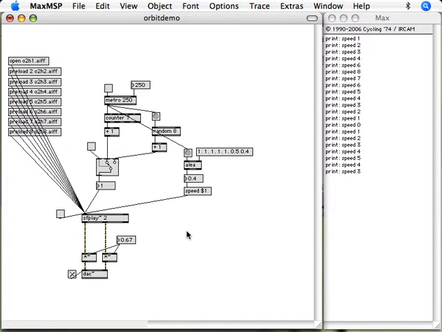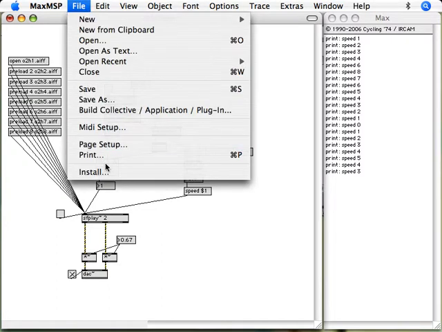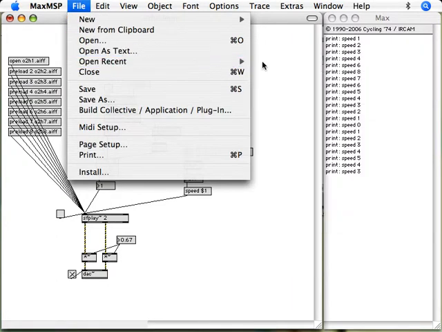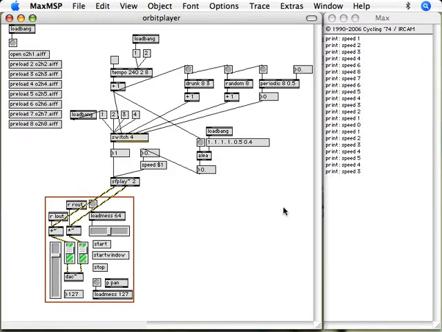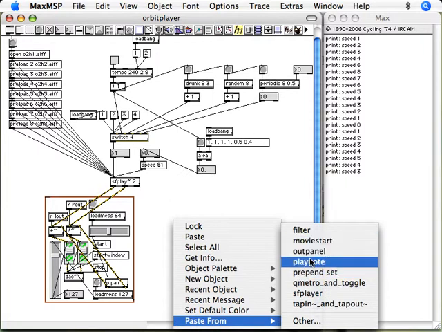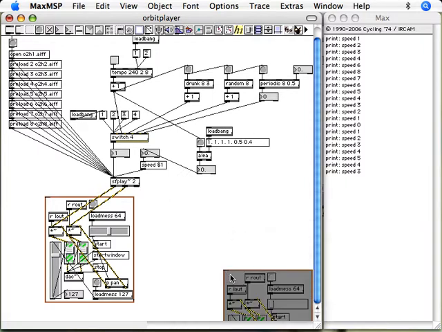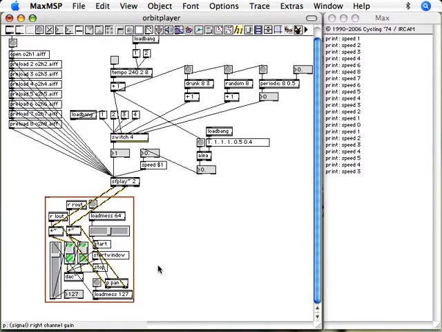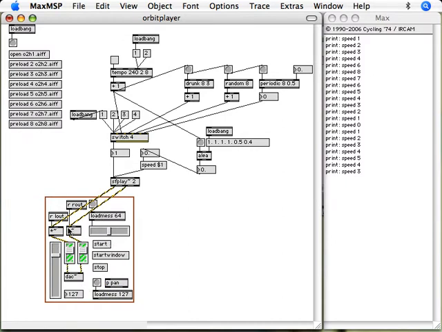Okay, that's pretty much what I had in the original object, which I will just talk a little bit about if I can find it, which is this orbitplayer here. It's very similar. There's the sfplay object. This thing here is a little sort of preset thing which I've made. It's called, I can't remember what they call these things. But basically it's a way of saving little bits of Max MSP that you use frequently. And in this case it's a rather slightly over elaborate way of having a pan control and a volume control